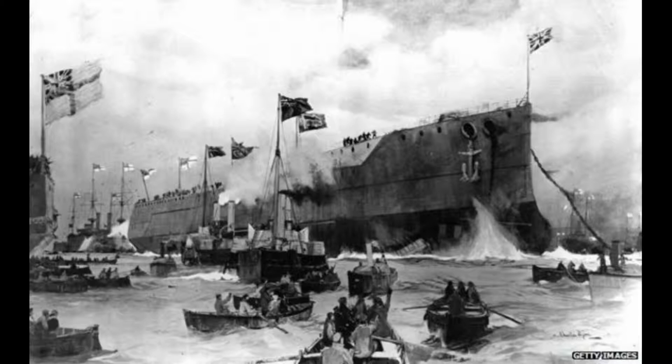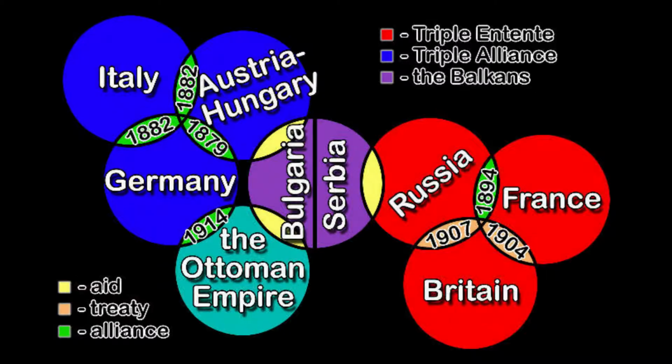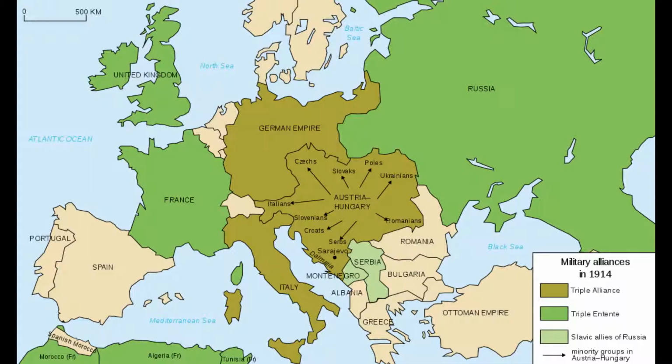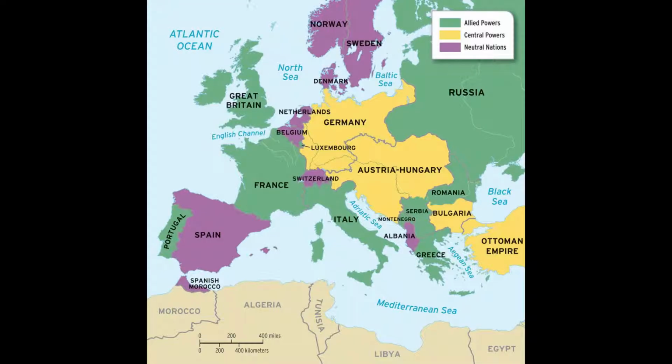Another factor in the cause of World War I is alliances. The major powers of Europe had organized themselves into two major blocs. The Triple Entente consisted of France, the UK, and Russia, and the Triple Alliance consisted of Germany, Austria, and Italy. During the war, these alliances would change though. The Ottomans joined Austria and Germany, and the US joined the Triple Entente. Also, Italy would betray Germany and Austria and join the Triple Entente as well.